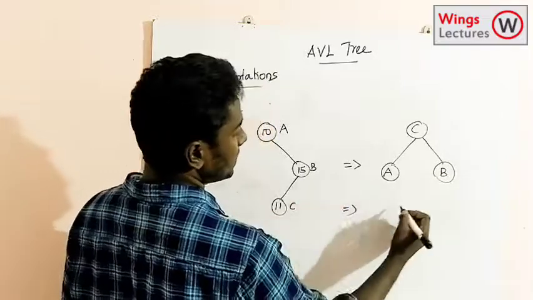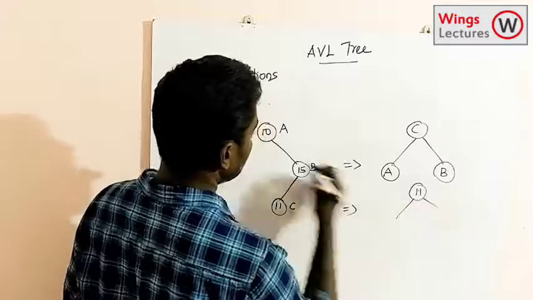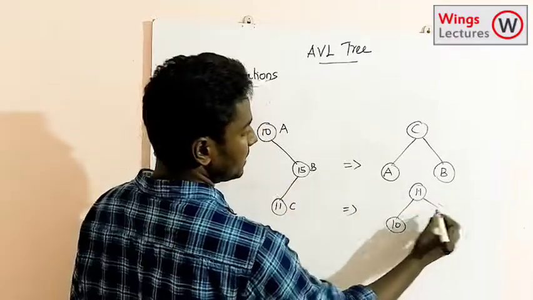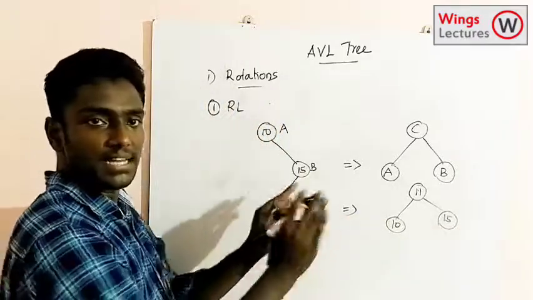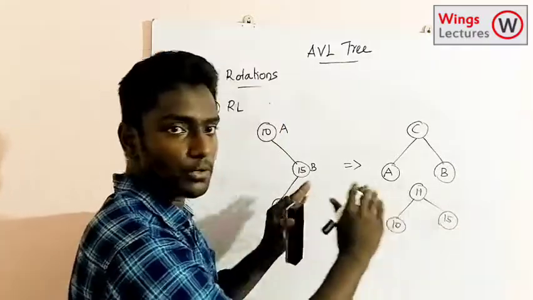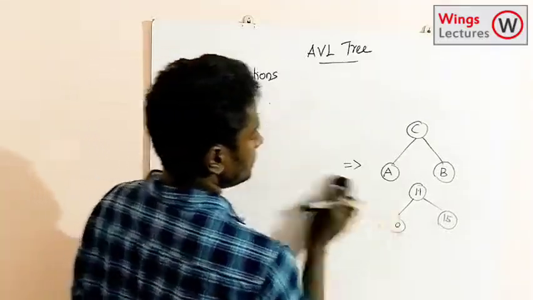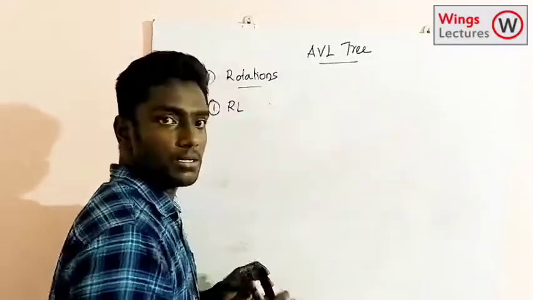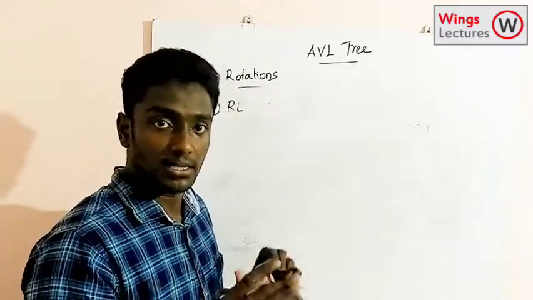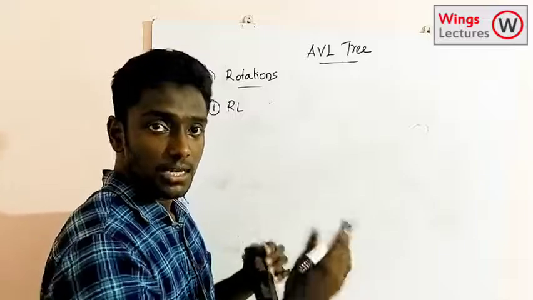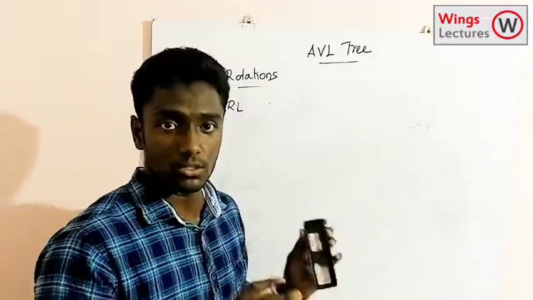See, by applying the values, 11 is going to be root node and then 10 is going to be left subtree and 15 is going to be right subtree. So it satisfies the rules, right? So this is how we are going to balance the tree in AVL tree. You have to keep in mind after balancing to check whether it's satisfying the binary search tree rule: the left subtree is always lesser than the root node and right subtree is always greater than the root node.